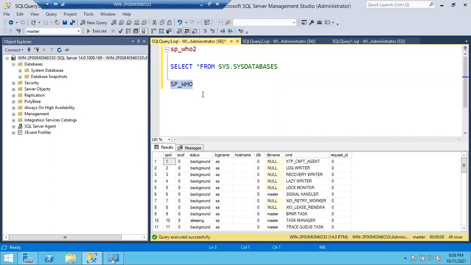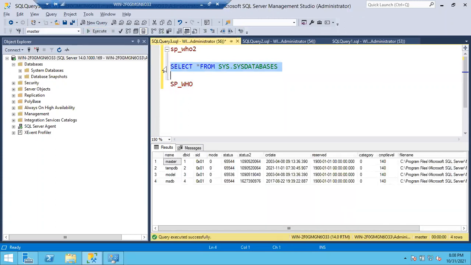You can select the query and use Alt plus X. That is one way of execution. You can also select the query and simply press F5, the function key F5. That is also one way of executing the query. To execute the query, if you see here, you can see Execute with F5 in the brackets. That is the shortcut.